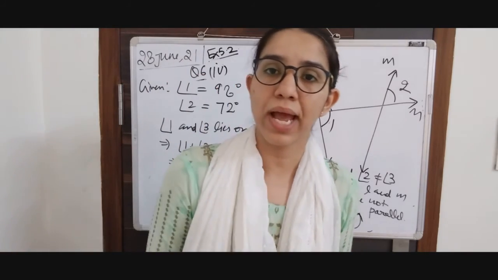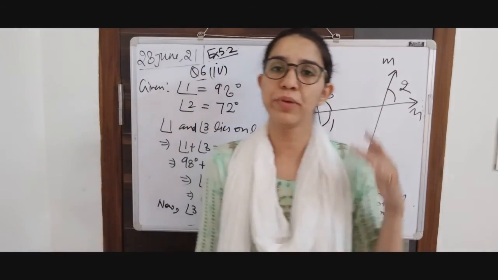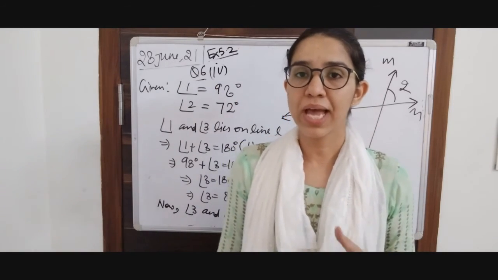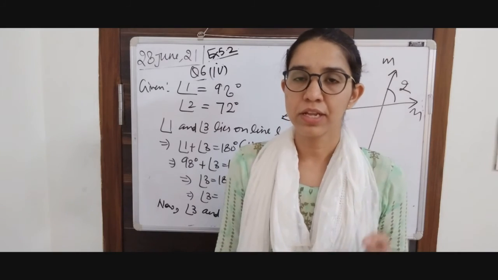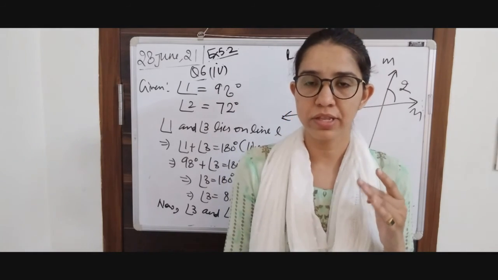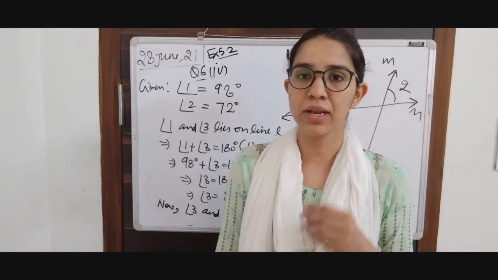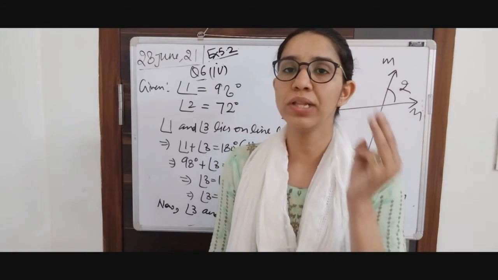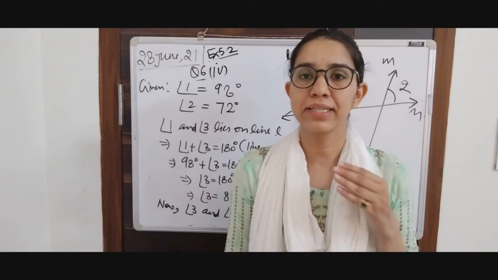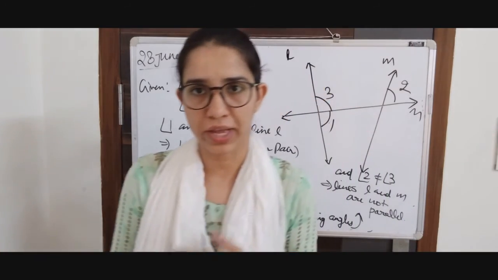You already know that on the basis of the measurement of sides, we have three types of triangles. That is the scalene triangle, in which all sides are different. Then second is the isosceles triangle, in which two sides are equal, and third is the one in which all sides are equal, and this is your equilateral triangle.